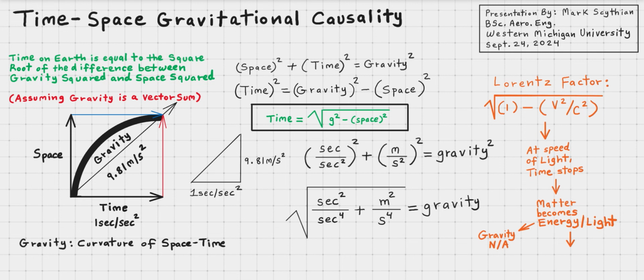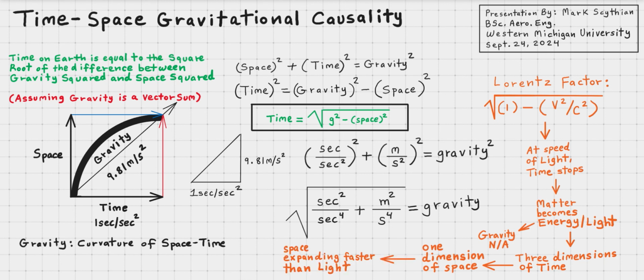Gravity is not applicable. We have 3 dimensions of time, 1 dimension of space, and the limitation is that space continues to expand faster than the speed of light. So if space communications are relying solely on the speed of light, then the practicality becomes futile, because if space is expanding faster than the speed of light in the totality of the known universe, then